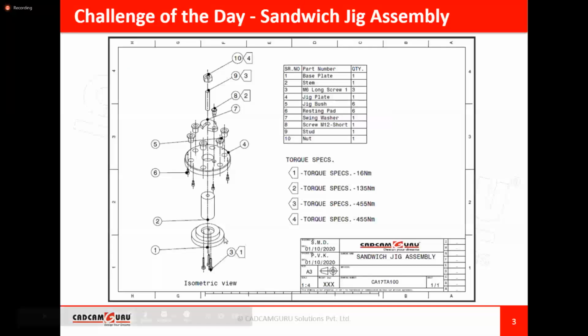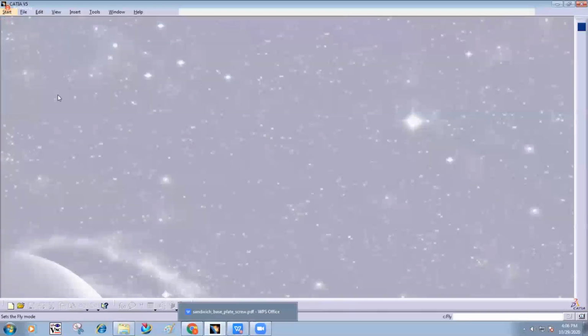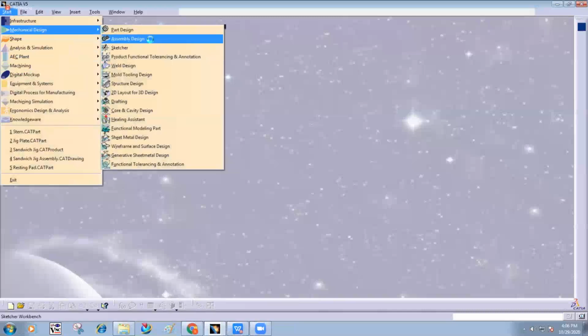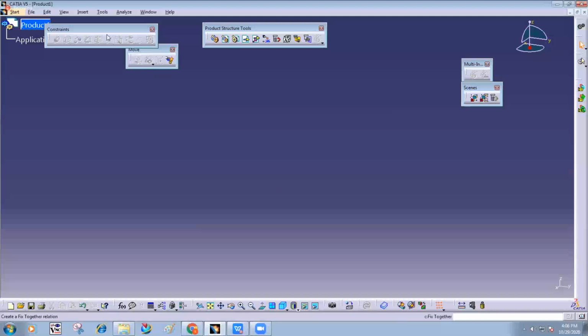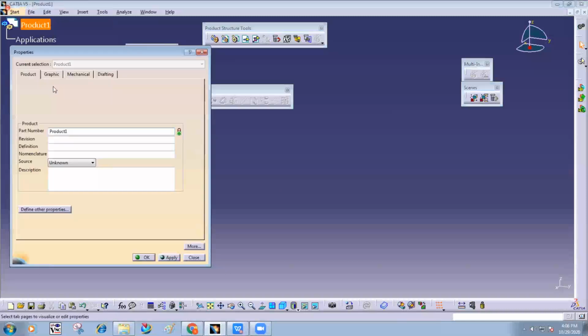To make this assembly in the top-down assembly approach, what we need to do first is open the software and go to assembly environment, assembly workbench. Here you right click on assembly, go to the property. What is that assembly name?